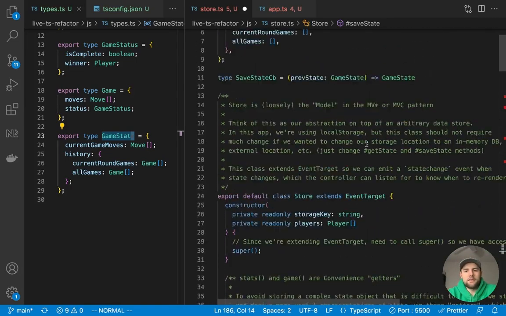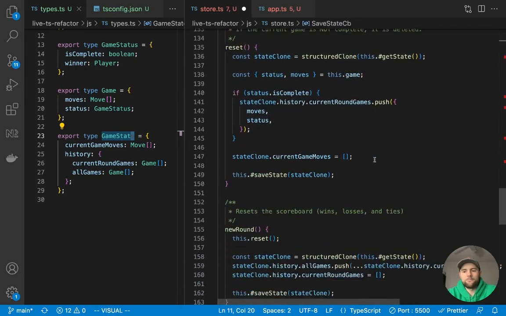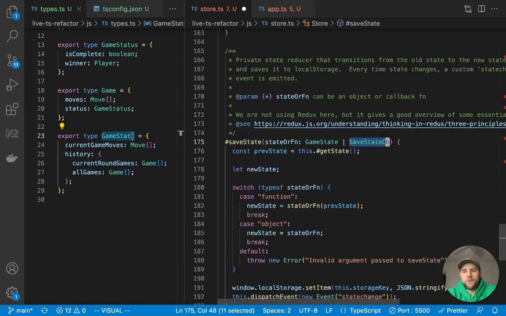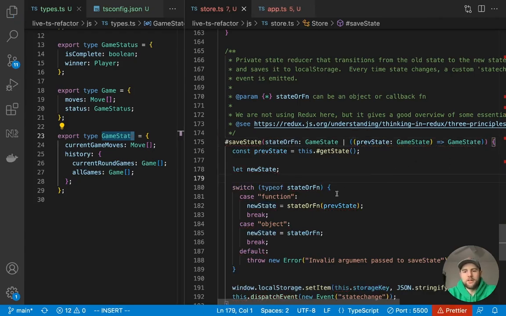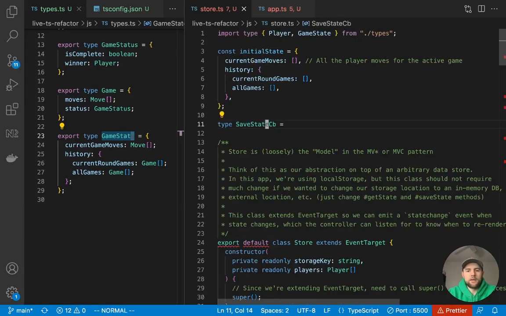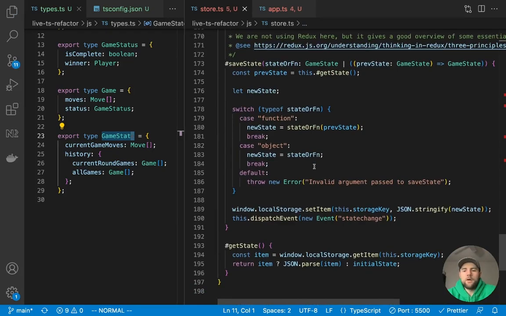So I can actually take this to be a little more concise and copy that type itself and just pass it in right here. And then you need to put some parentheses around it, and that should work just fine. Now we can get rid of this. I just wanted to break it out so that it was more clear. Now everything's working here, but if we hover over previous state, that's going to have an any type, which no one's complaining about here with TypeScript, but it would be nice to know what that is.